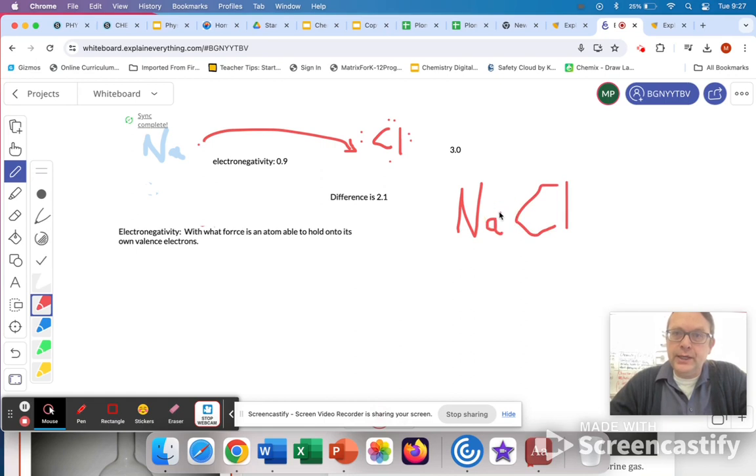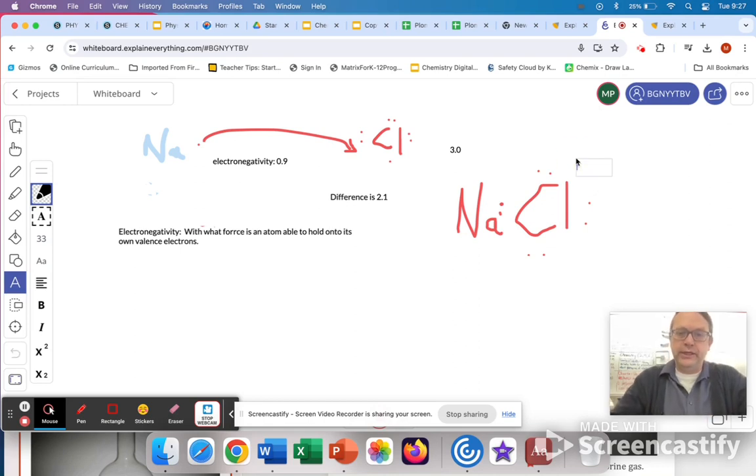So we can say now that chlorine has 8 electrons associated with it because of the one that sodium donated. It has an octet, meaning it has 8. So the octet rule applies,